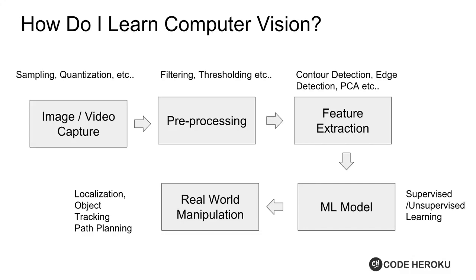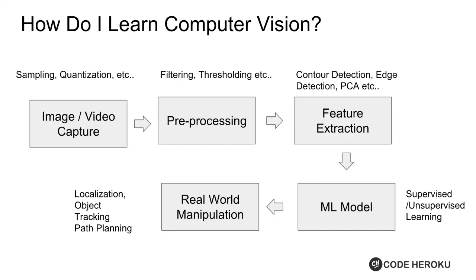So you want to learn or study about things like localization, object tracking, path planning. And these are more of, I would say, mechatronics or robotics problems. This is how the entire pipeline is set up as such. I wanted to give you a brief at a very broad level. I wanted to cut them up and give you some examples of concepts which are in those fields. Again, this can't be comprehensive because there is so much to learn in it and there is so much that you could go over.